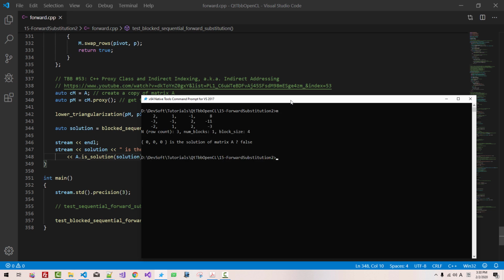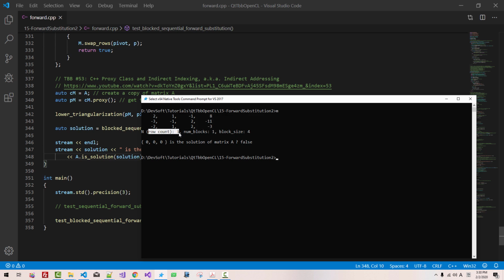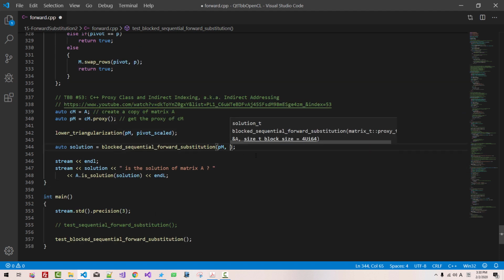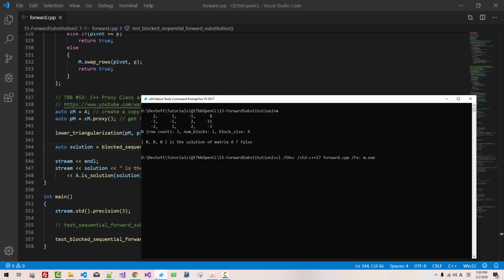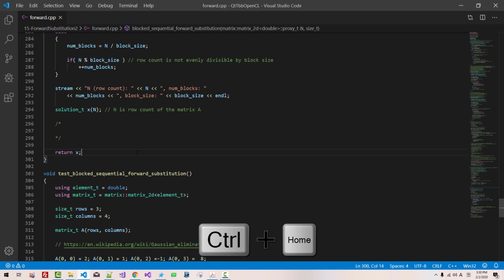cls, m. This is a 3 by 4 matrix. Row count is 3. Number of blocks is 1. Block size is 4. If we change block size to 1 and build again, now the number of blocks is 3, block size 1. Control Home,